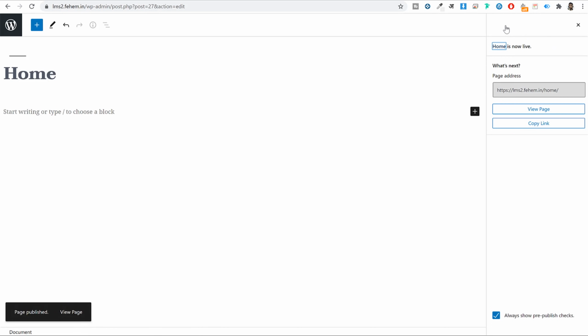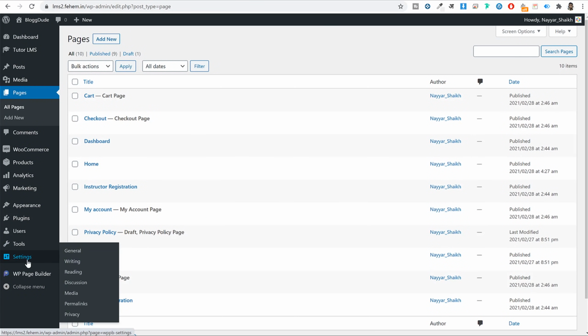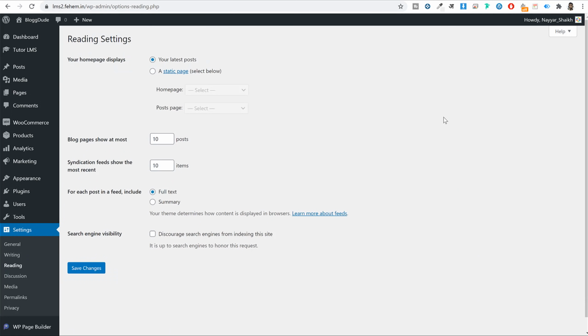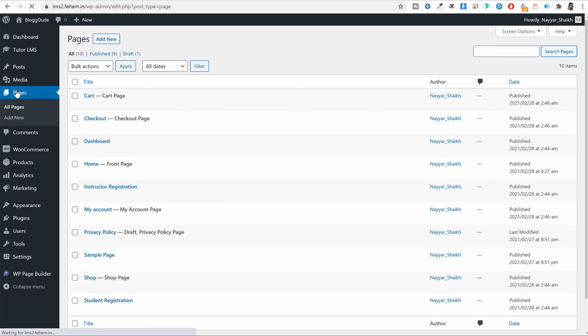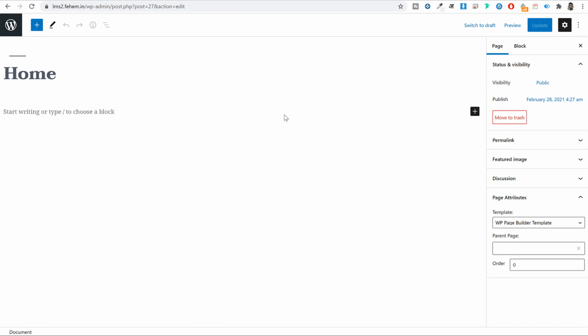Now once you create this page, we'll have to set this page as our home page. So we'll again come back to the dashboard. Now under settings you will see reading. So under settings, click on reading. And to set this page that you have just created as our official home page, you can select this second option, a static page. And under home page, select the home that you have just created and click on save changes. Again come back to pages. Now if you see, besides this home page, front page is written, which means that this is now our front page or our home page. You can now click on edit, and now we can design this, or create this using this page builder.